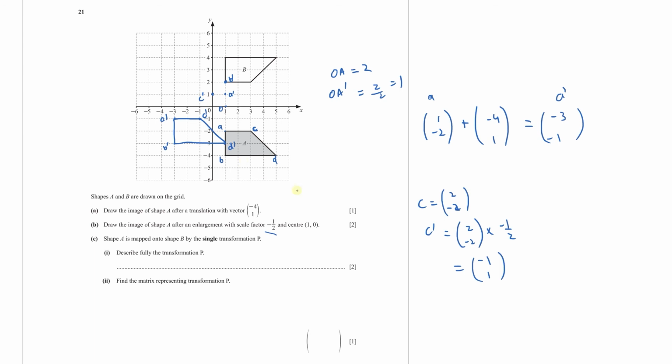C dash. And similarly, what are the coordinates of D compared to this center of enlargement? So you move 1, 2, 3, 4, 1, 2, 3, 4. So 4 in positive X and negative 4 in Y. So D dash will be simply